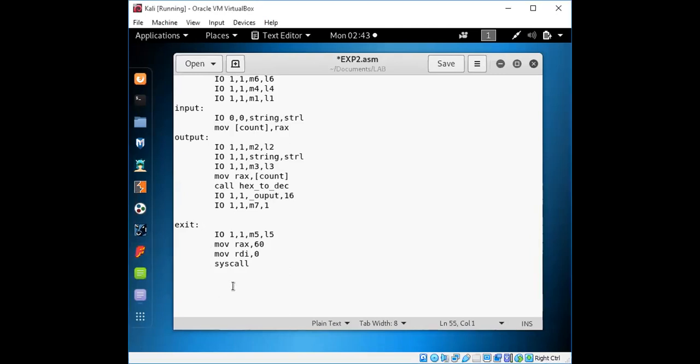So we'll write the definition for this procedure call, that is h2 decimal and return. So wherever the procedure call is done, have it for closing purpose, right? So then only it can work, right?